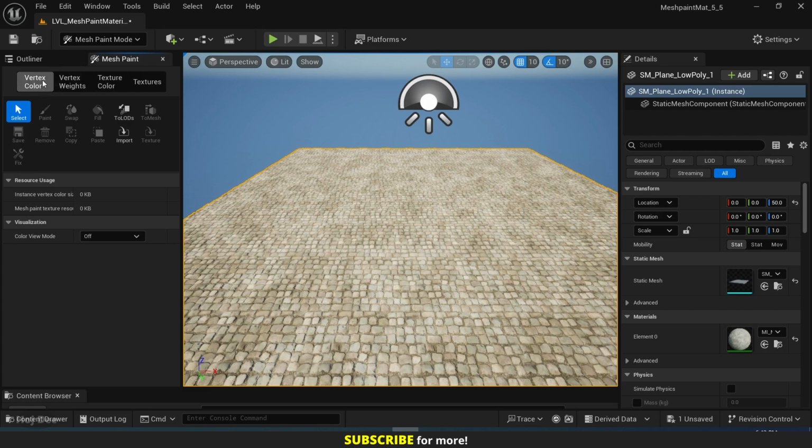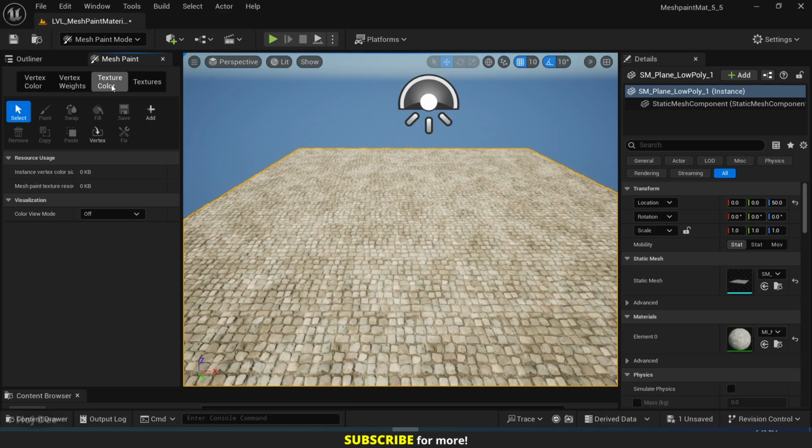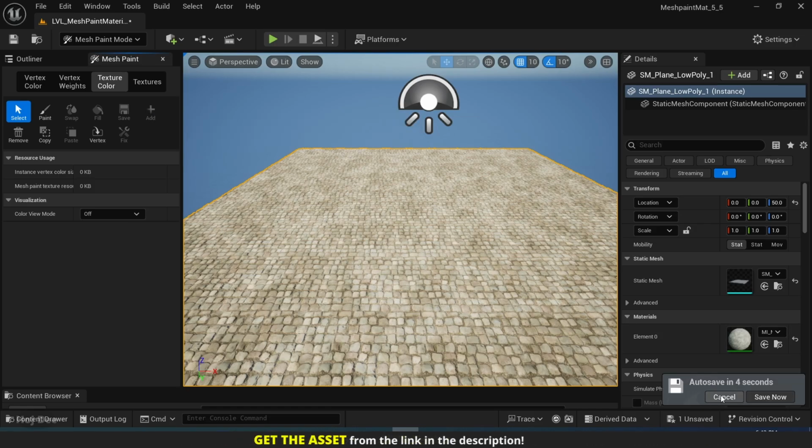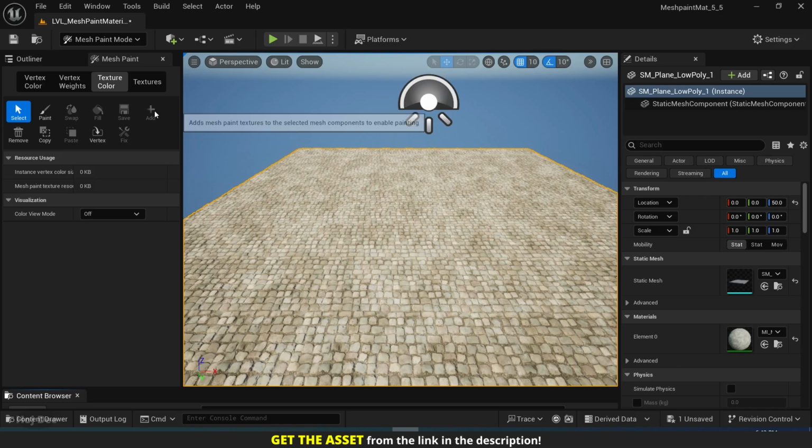If you want to use vertex color, you should use this tab, and it works exactly as I showed in the earlier parts of the video. But now we want to use texture color, so click on it. It works a little bit differently. Make sure your mesh is selected and click on the add button here. If the add button is grayed out and you can't click on it, make sure virtual textures is enabled in the project settings. Now clicking on this button adds a virtual texture on the mesh instance we have selected,